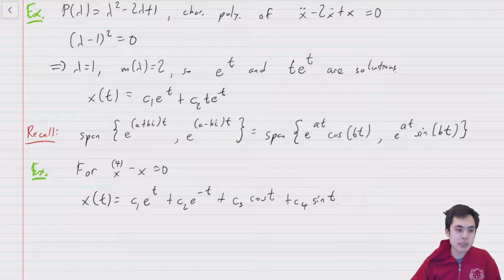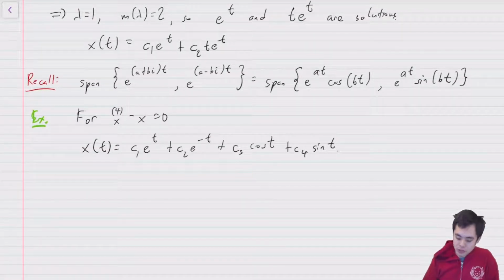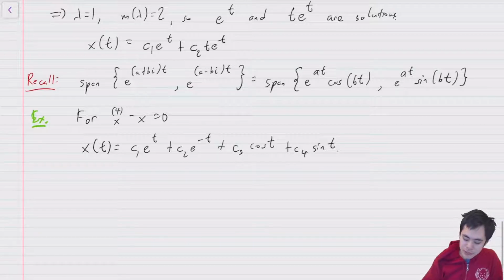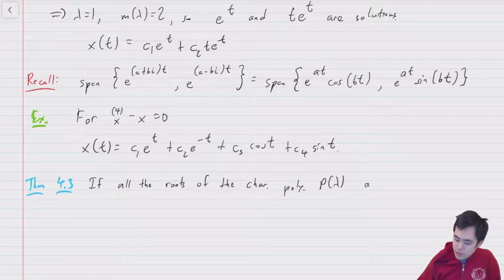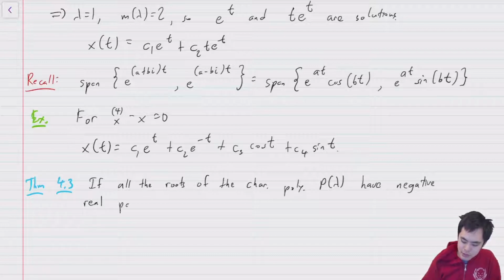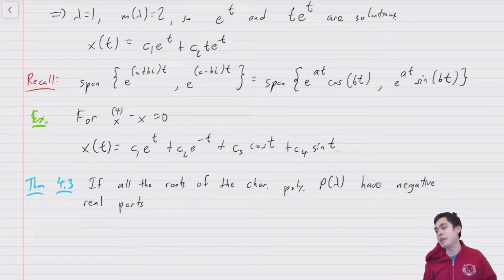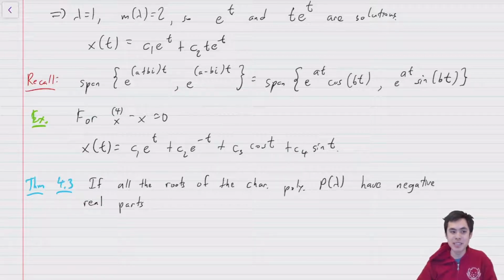Okay, and let's finish off by proving a theorem, since this is something we haven't done in a bit. And this will actually be a theorem that's related to stability. So this will be the first new content, semi-new content at least. So if all the roots of the characteristic polynomial p of lambda have negative real parts, and some of the roots can be complex, so we need to talk about them having negative real parts, and if it's a real number, well then if the number itself is negative, that has a negative real part,